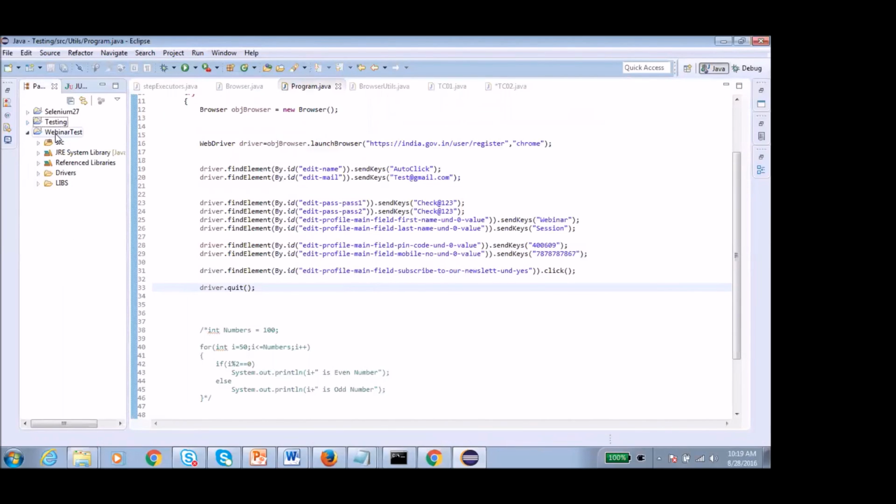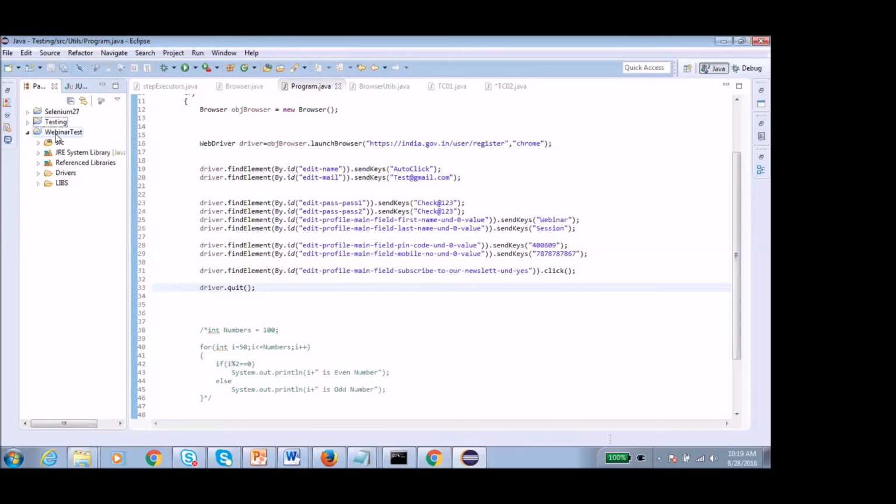Now we can create a TestNG. What is the difference between TestNG and JUnit? Why would we require TestNG? TestNG is required where we want to run a group of tests, where we want to run our complete test. Suppose you are very much aware of the sanity test and regression test. Once the build comes from the development side and we want to check whether the build is proper or not, we have defined some sanity checks, which are high-level test cases, and we have prepared the scripts in Selenium for that.